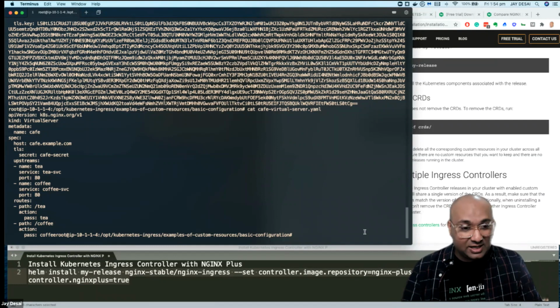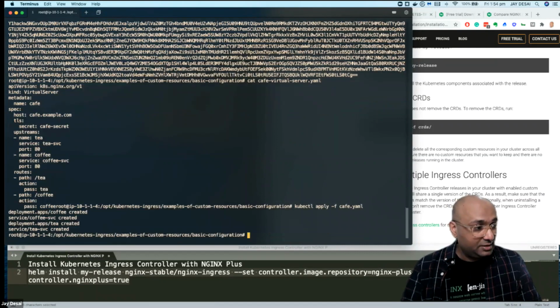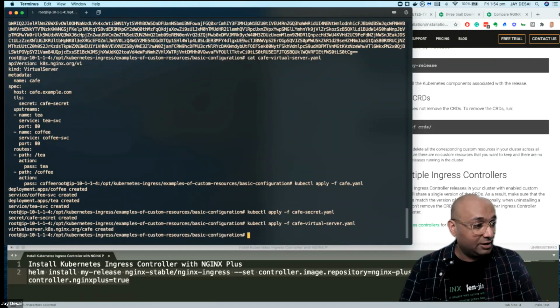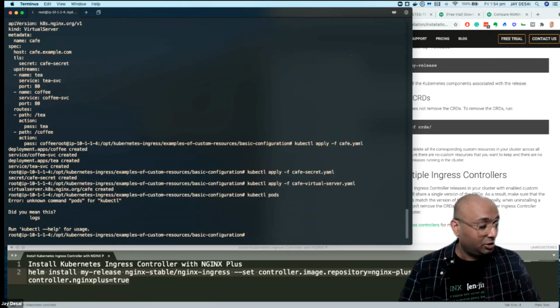So with that, let's start the deployment. kubectl apply -f cafe.yaml. Do that. kubectl apply cafe-secret.yaml, and the final one, cafe-virtual-server.yaml. And now if we come back and do kubectl get pods, right,